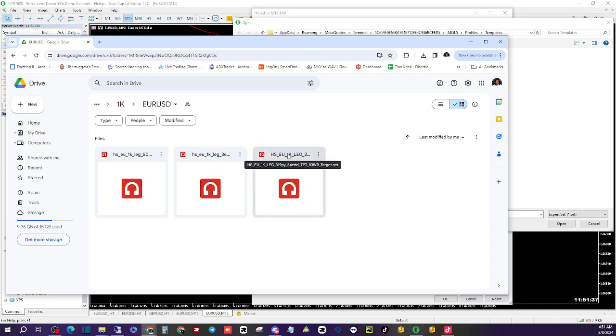From here, what you end up noticing is that each file has wording that will end up telling you information that you will need to see. You will end up seeing HS, which means Holeshot. EU means Euro United States dollar. 1K means a 1K account. LEG means legend. From there, you end up seeing PY. PY means percent per year. That's how much it ends up making per year based off of the return off of our off data test